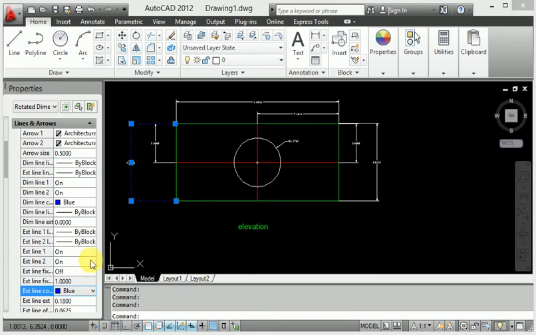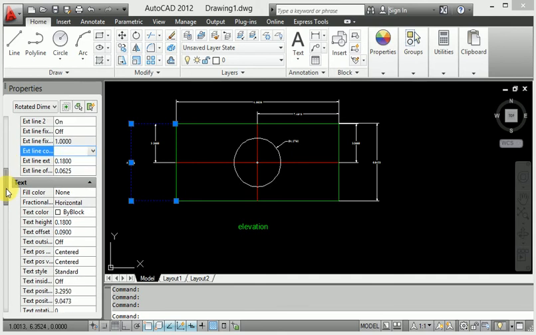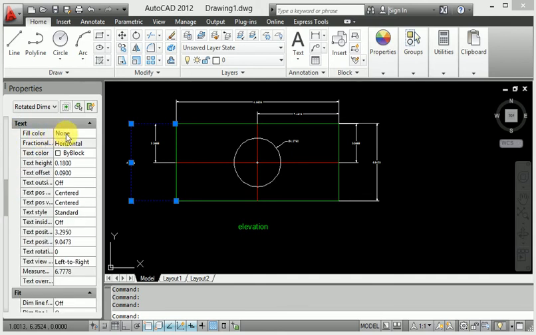Now in the down direction I come to just below the text. Text means dimension height, so when you provide the dimension height, I will show you 5 mm. And for the color, I will show you yellow in particular.